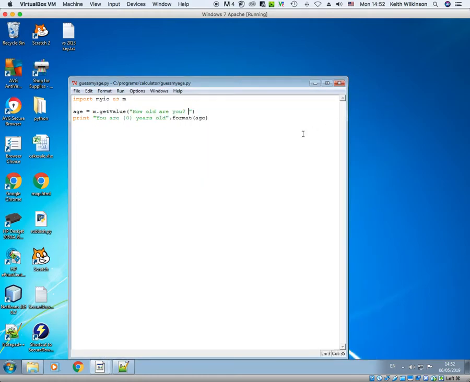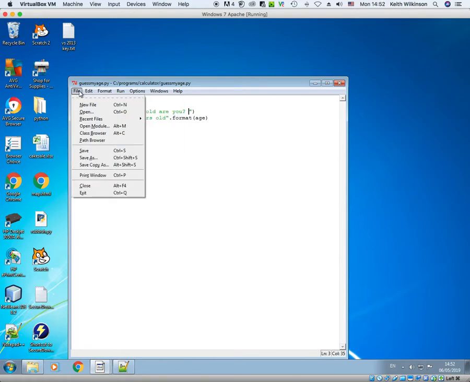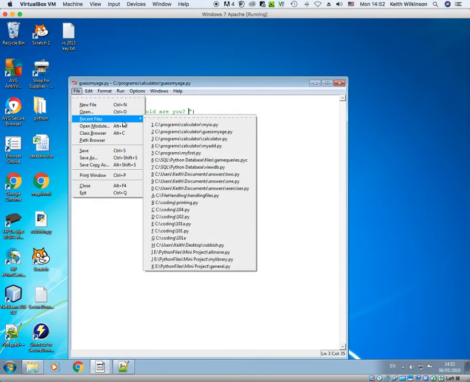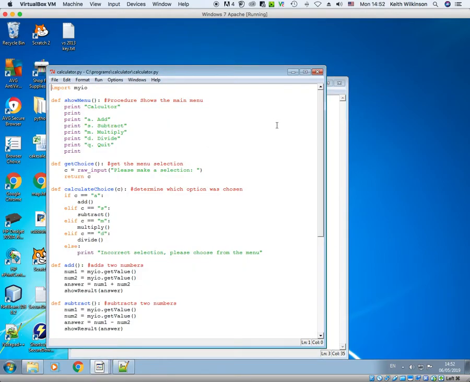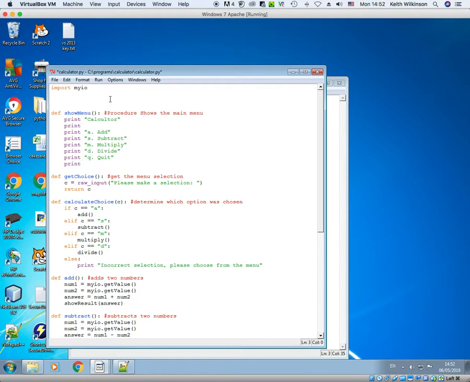But that has left me with a problem in my main program. So let's go and see what I can do with my main program. So which one was it? Calculator. There we go. We can handle this in a few ways. And the best way that I think is to sort of have a global variable. So if I define a message as please enter a number,